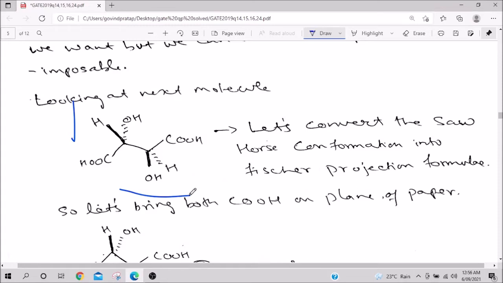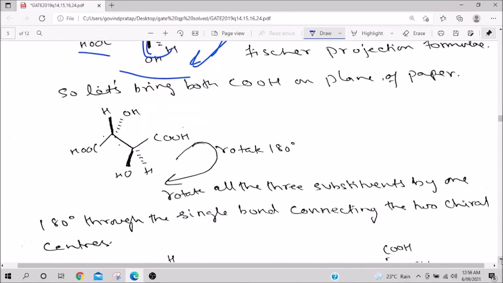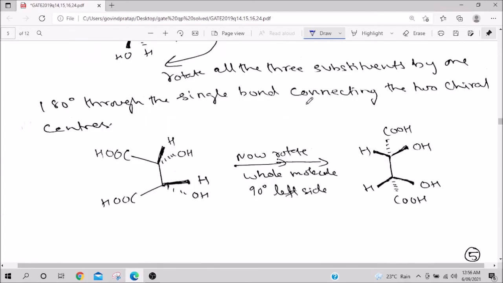eclipse conformation. So, this COH is bulky, this COH is bulky. We will try to put them both next to each other. So, what you can do is just rotate it 180 degrees down. So, this COH goes down, this also rotates 180 degrees. This OH goes above, it was below the plane, now it goes above the plane, but it goes away from the viewer. Similarly, this H comes above and it was away from the viewer, but it becomes towards the viewer. So, that is what I have done, and we get this,